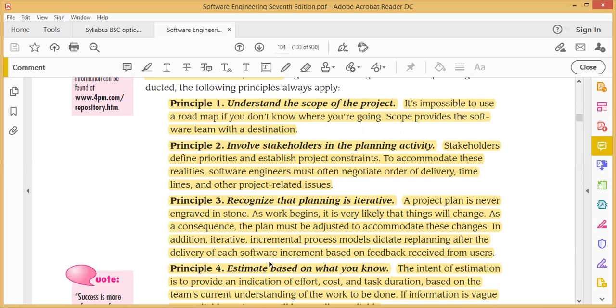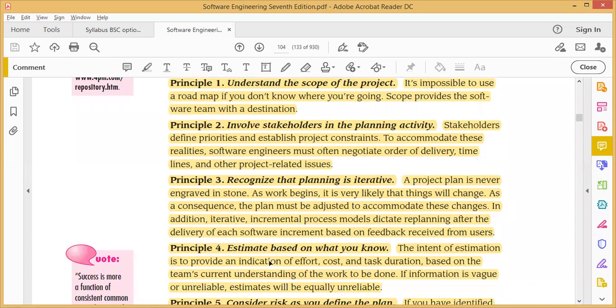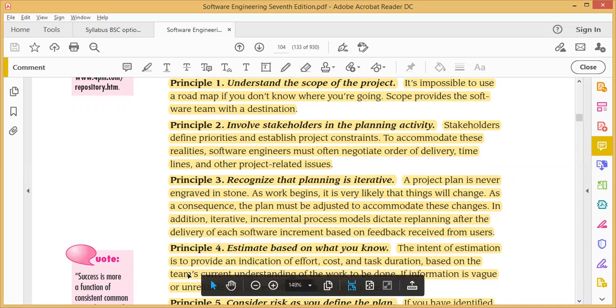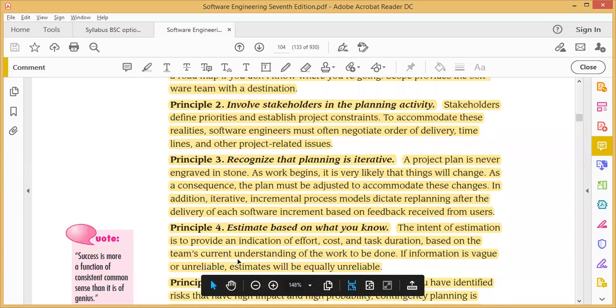So if we add one of the customers or stakeholders to our project, we can work with him and plan all our activities according to the customer's view. Most often we can take feedback from our customer, and according to that feedback we can move further without any errors, without any issues. I hope you understood.